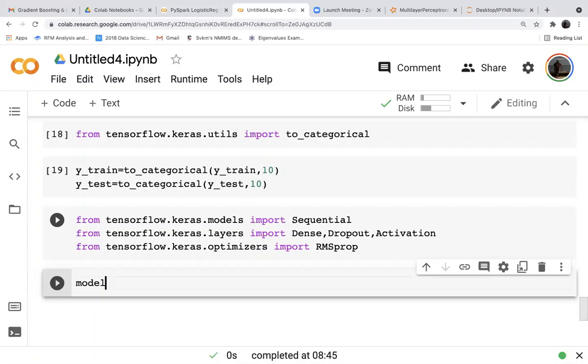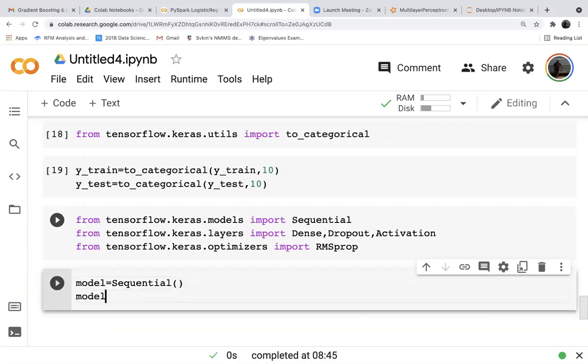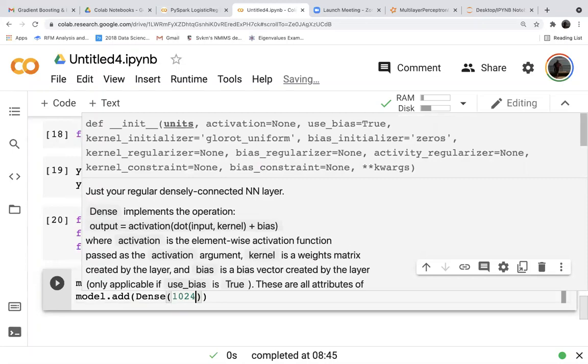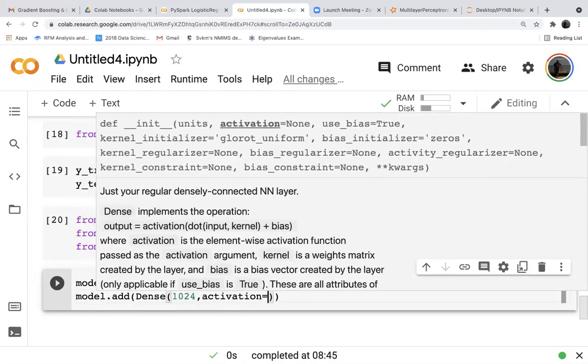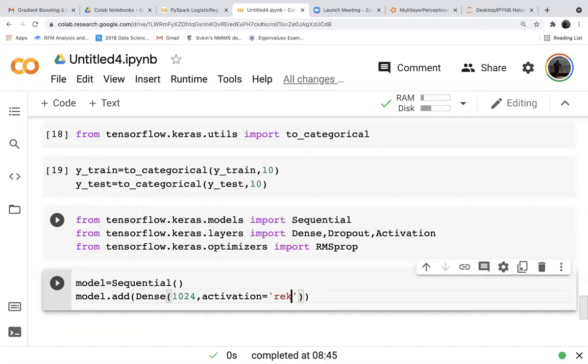Okay, so model is equal to Sequential. model.add(Dense(1024 neurons, activation is equal to ReLU, input_shape is equal to 784. Then model.add(Dense(128 neurons, activation is equal to ReLU)).